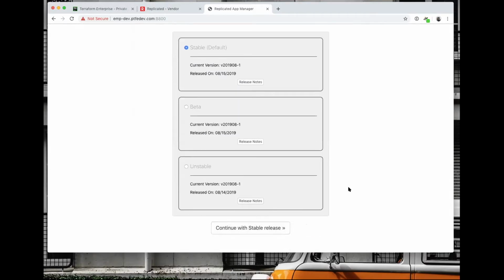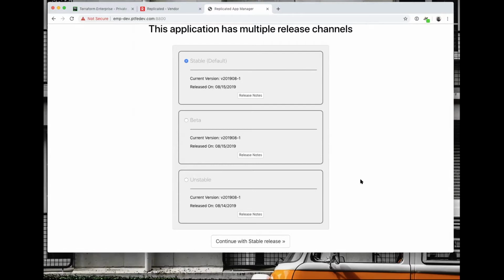Oh, and one of the options here is to actually assign a license to multiple channels. When you do that, the customer gets this experience of picking which channel they want to install from. So if you want to give your customers the flexibility to install on two different servers, one that's going to be kind of an edge, beta release, and one that's going to be a stable release, they can do that.